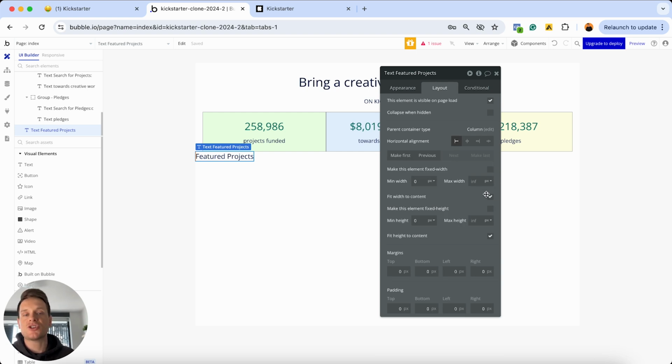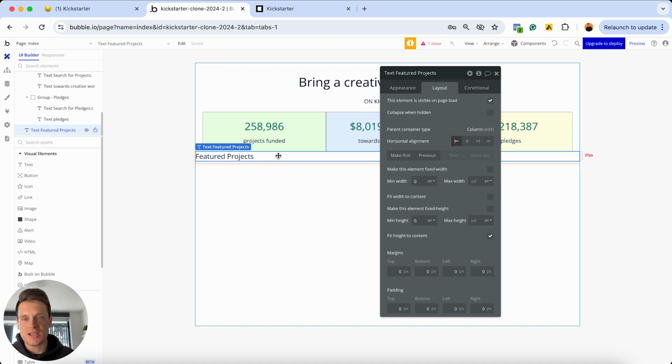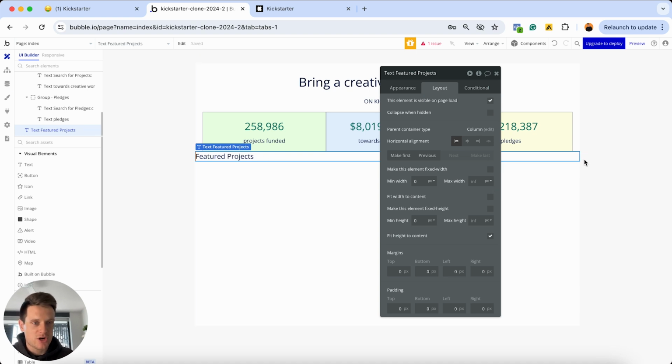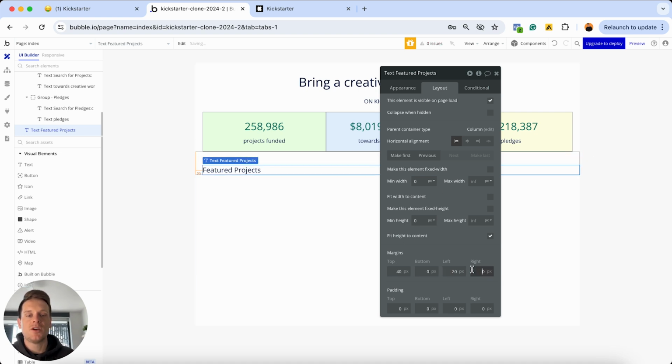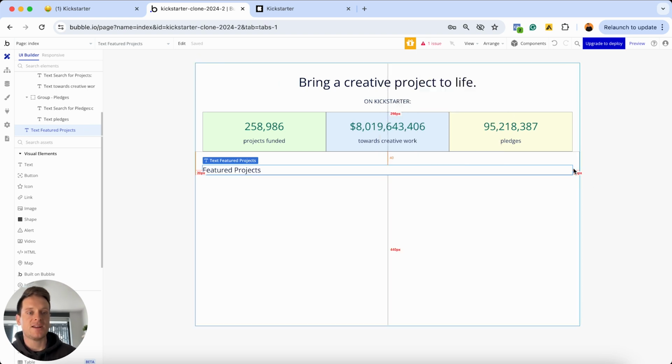But as I mentioned in the past, I just like to unselect this option to fit the width of this element to the content inside of it. So that way it just stretches out across the full width of our page. I'm then going to scroll on down to my margins and add 40 pixels of margin at the top, 20 on the left and 20 on the right. And that'll just ensure it doesn't touch the borders of my page, but it's currently in line with my existing